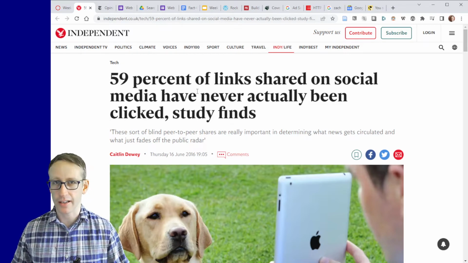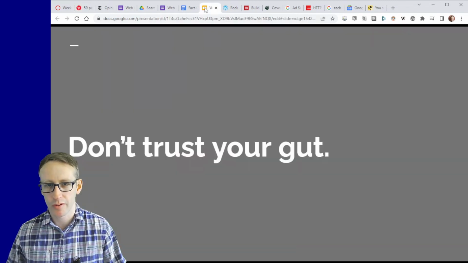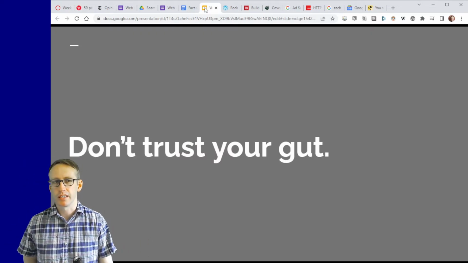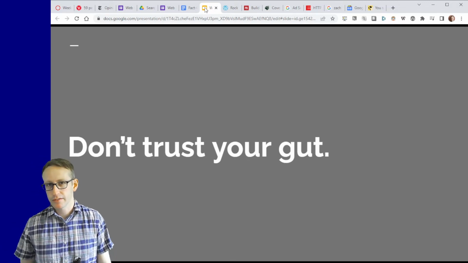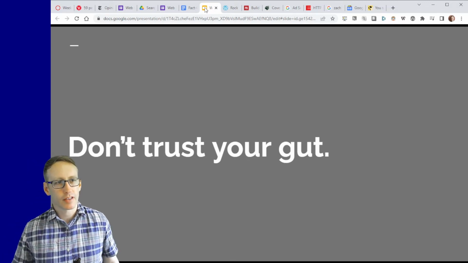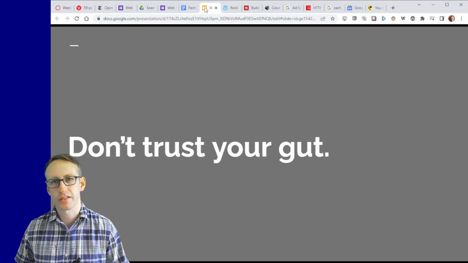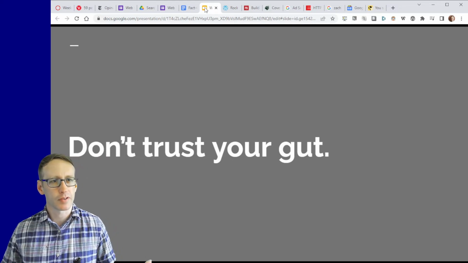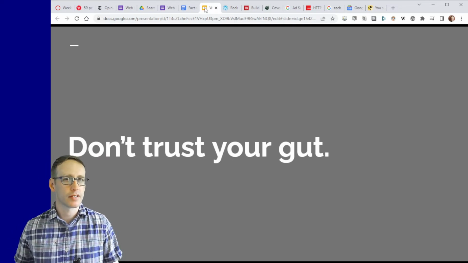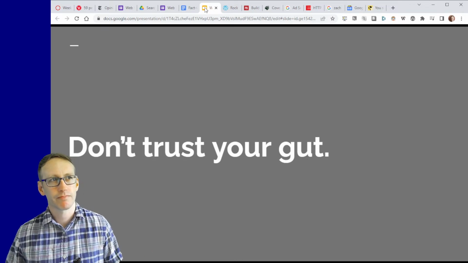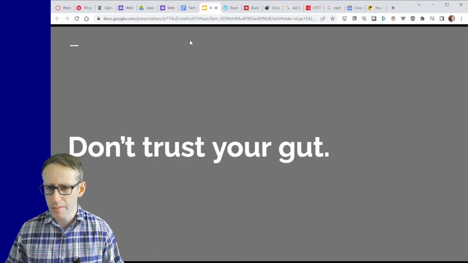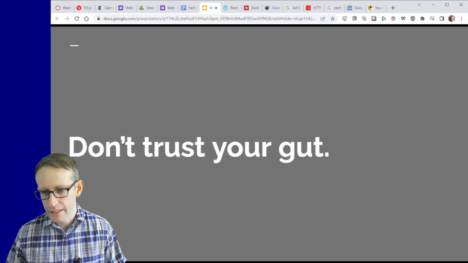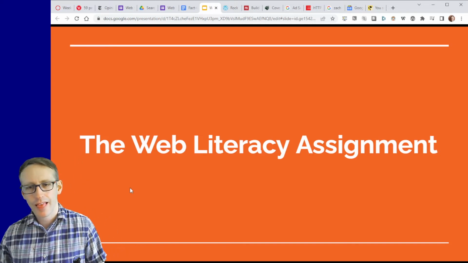And so you've got to check that, as a fact checker, but also just as a user of the web, as someone who is subjected to this kind of information. It's really important not to trust your gut, and sometimes to give yourself a gut check, a pause, and decide: does this actually make sense, or is it just making me upset? If it's just making you upset, it's probably not worth sharing. It may not even be true. So make sure you don't just go with your gut feeling when you are thinking about sharing things. This is general advice.